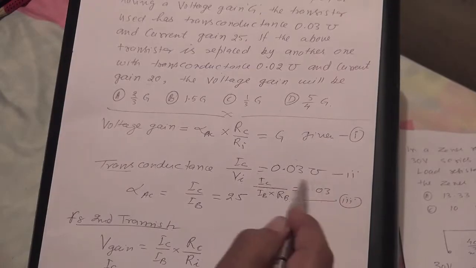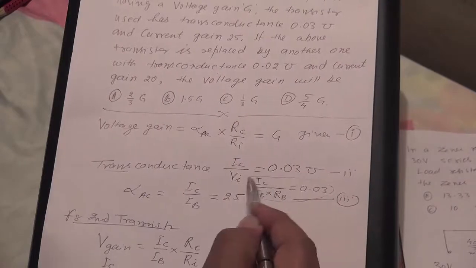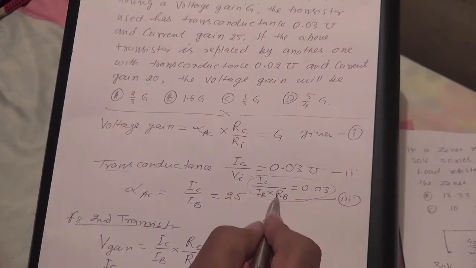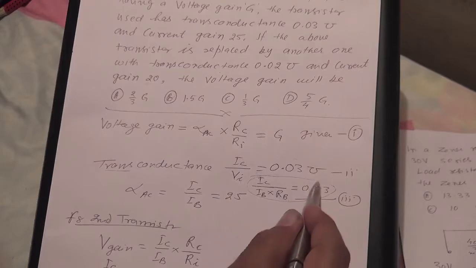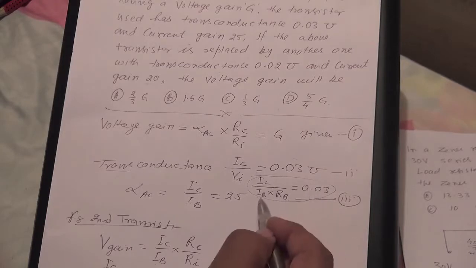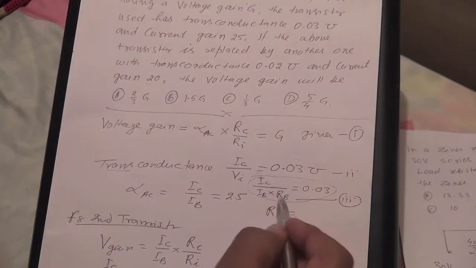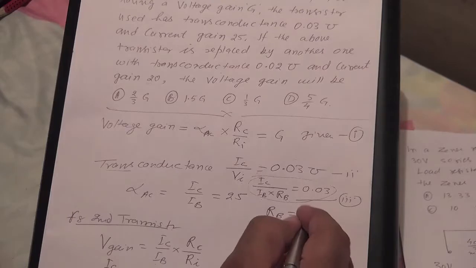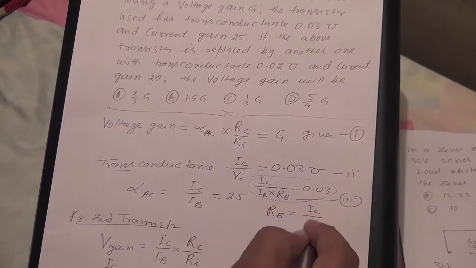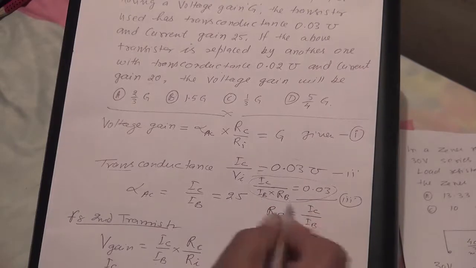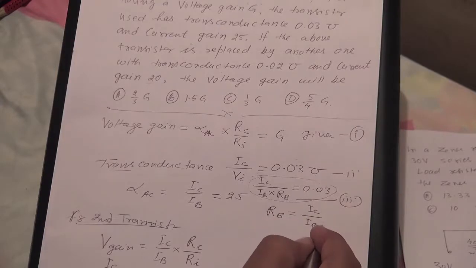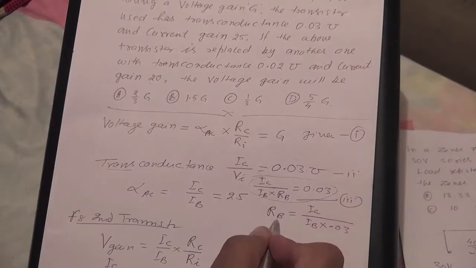If this is equal to 0.03, then we can always find out what is value of RB. RB को इधर ले जाइए, 0.03 को इधर ले आइए, तो RB हमें कितना मिला? RB is equal to IC upon IB और 0.03 नीचे आ गया 0.03। दिस इज RB।